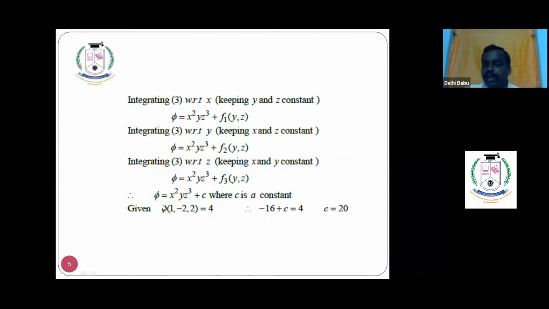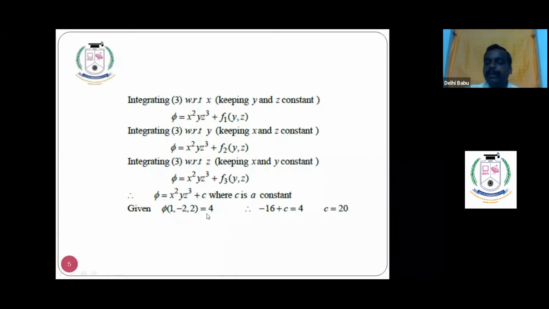So put x equal to 1, y equal to minus 2, z equal to 2. 1 square is 1, y is minus 2, so 1 into minus 2 is minus 2, and z is 2, so 2 cube is 8. 8 into minus 2 is minus 16, plus C equals